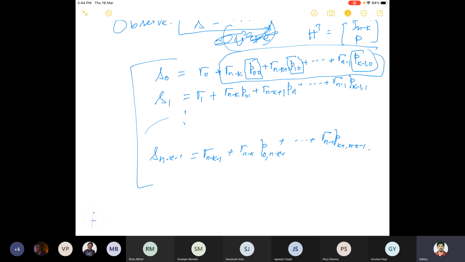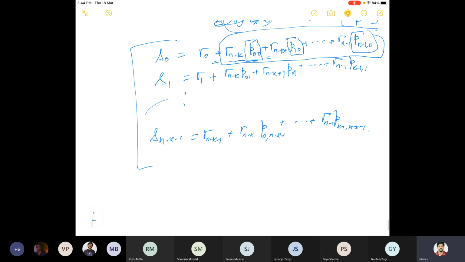This is the main point I wanted to draw here: this is nothing but addition and multiplication, so we can always design a circuit which will implement that. It is not very difficult to compute this syndrome vector, and the main thing is that the parity digits and the received digits contribute in order to compute the syndrome of the received vector.